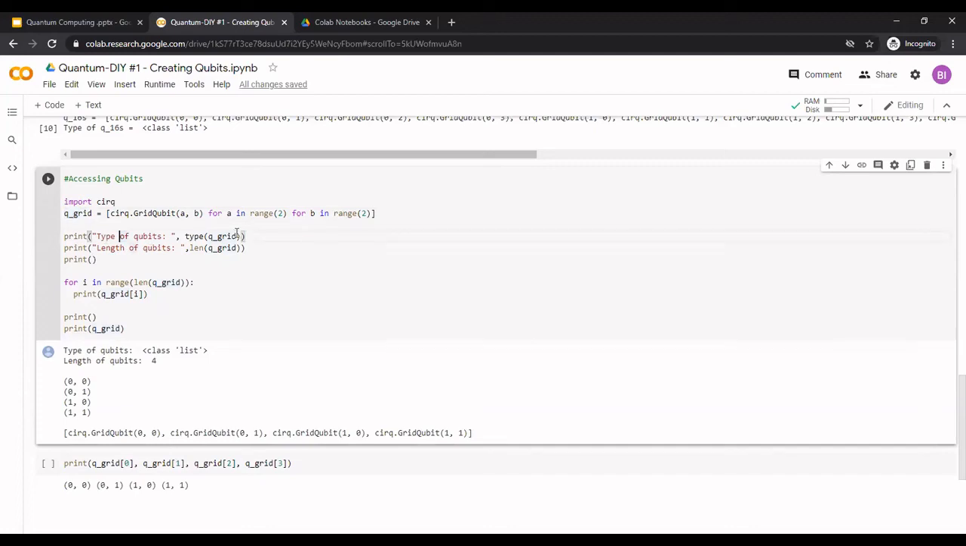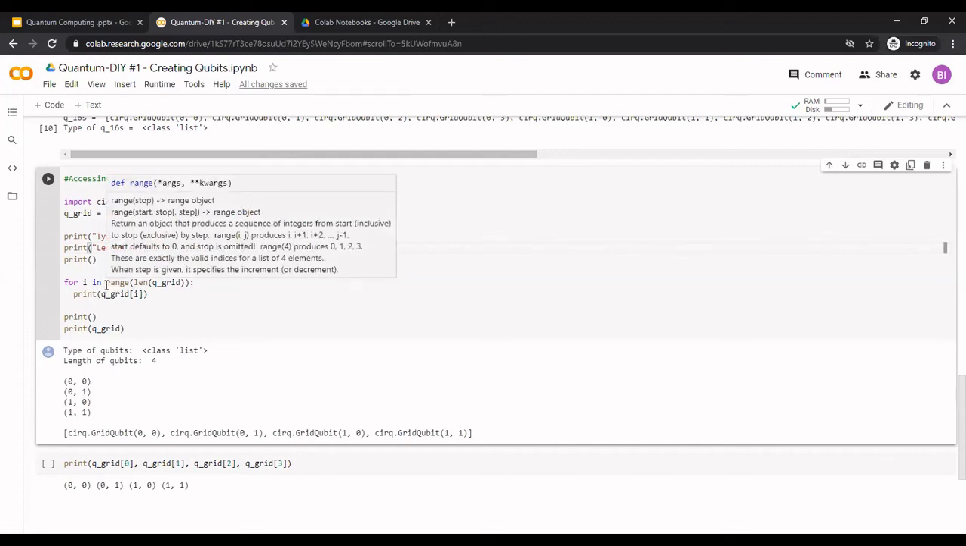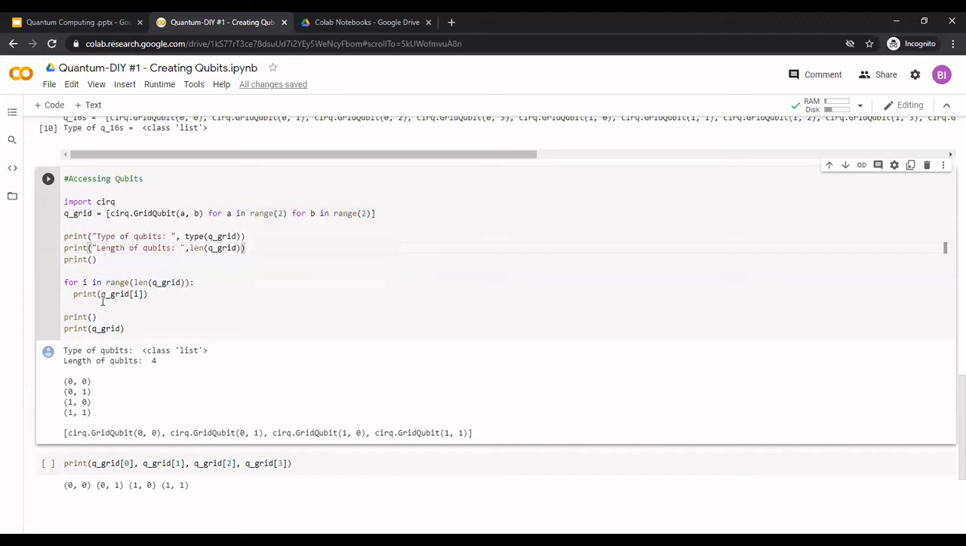I'll again do type of qubits, length of qubits, and then for i in range the length, which is 4, so that means 0, 1, 2, 3. Print the grid and finally print the entire grid together. If I run this,